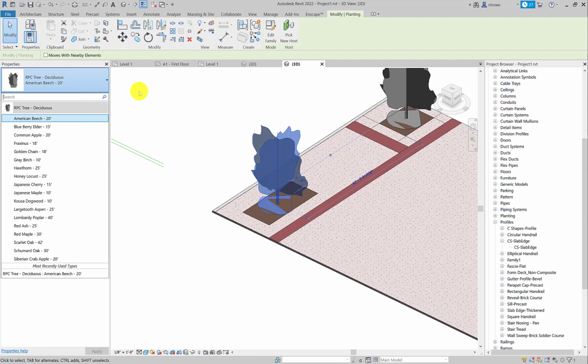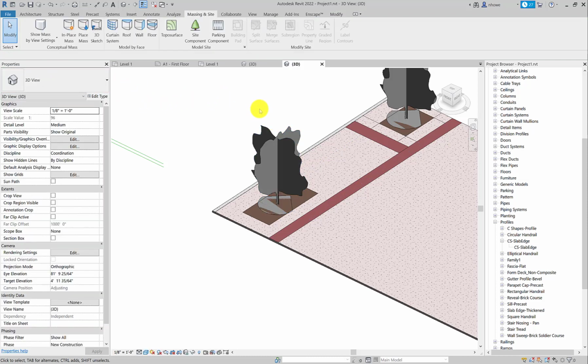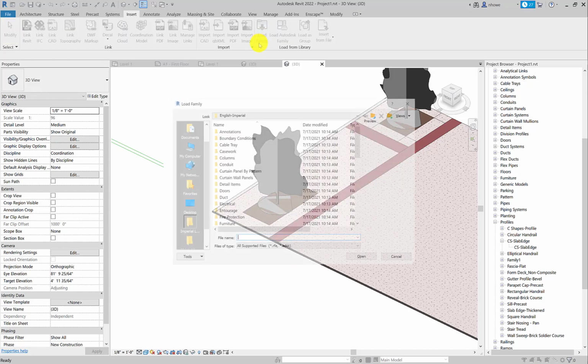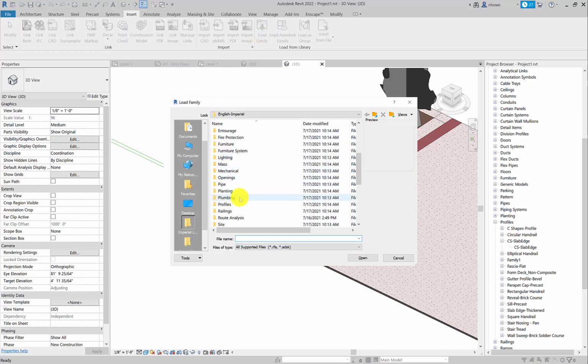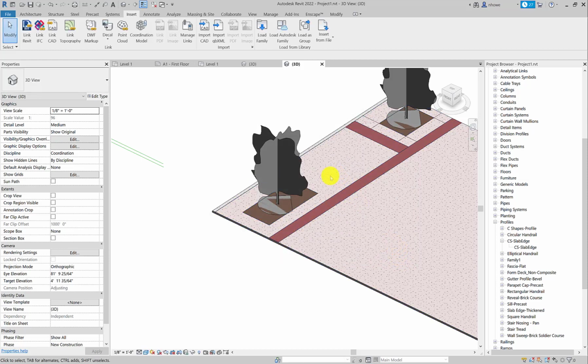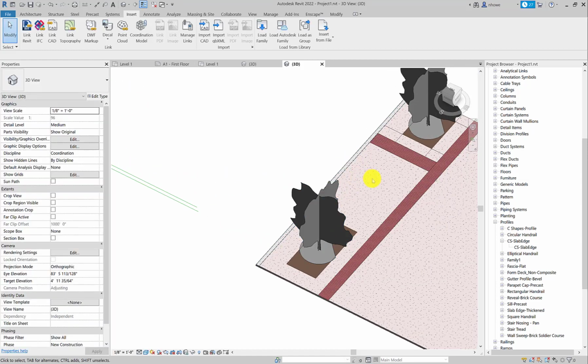So there's a bunch of components, and you can start to look at those type of components and see what else is out there. So we can load family and scroll down to plantings. You might also look at entourage. These are also RPCs, so chairs, a beetle bug, a person, male, female. Eventually we'll get into using Inkscape, which is another way of getting these entourage figures. So we're going to go into that, but let's talk about placing some of these landscape features, like a lamp